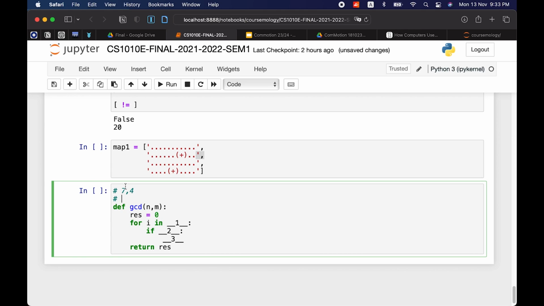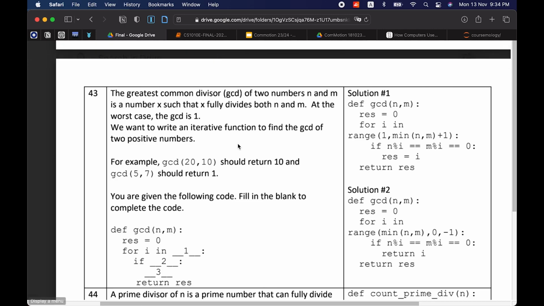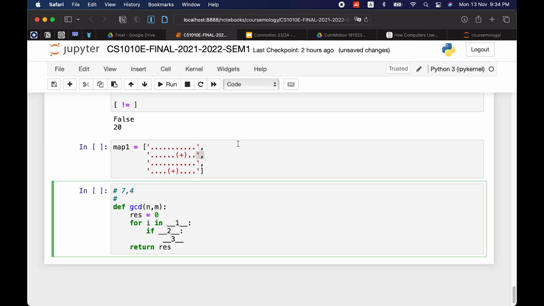You need to be sure that when you're searching from 0 to the biggest one, that you can, so you need the smallest one. So we're going to start searching from the smallest one downwards, because that way it's easier.